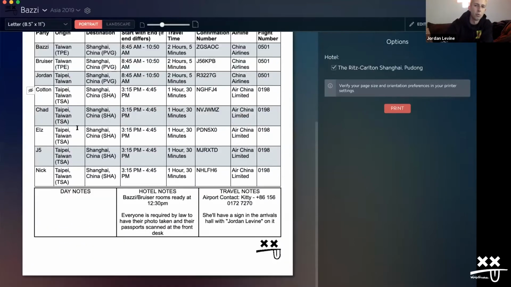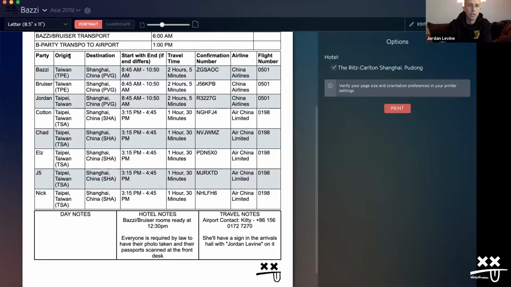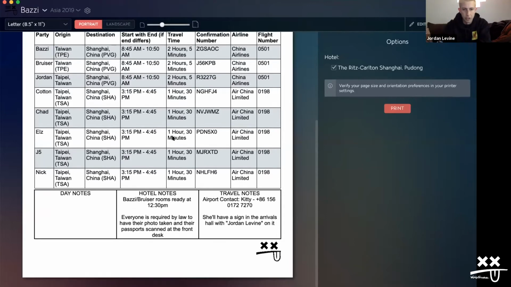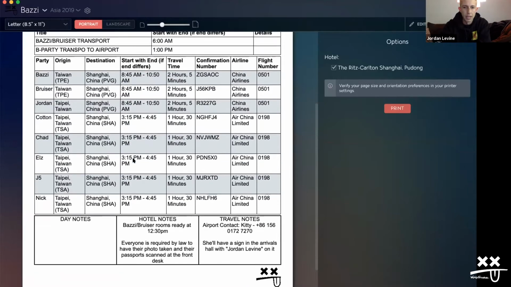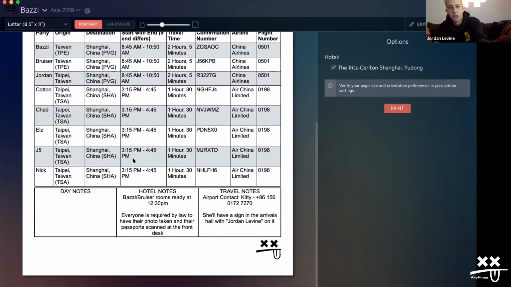So each person will know where they're traveling, who it is, where we're going from, what time, how long the flight is going to be, what the confirmation number is, and what airline we're flying. This helps because they show up to the airport, pull out their phone, type in the confirmation number, and they're good to go. There's no issues. We have all the answers down here as far as any travel notes,